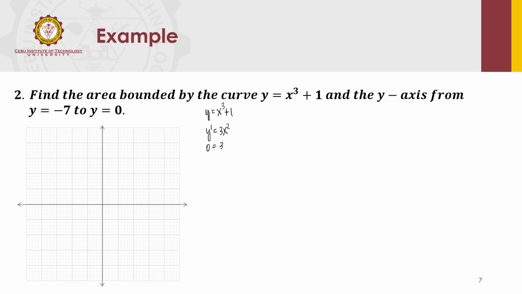So the critical values, the slope of the function is 0. So equate this, 3x squared, to 0. So solving for x, it's 0. This is the critical value. And using the second derivative test to see if there is a maxima or minima or an inflection point. So if y prime is 3x squared, then y double prime is 6x. Plug in the critical value. So we get y double prime equal to 0, which indicates that there's no maxima or minima, but possibly an inflection point.